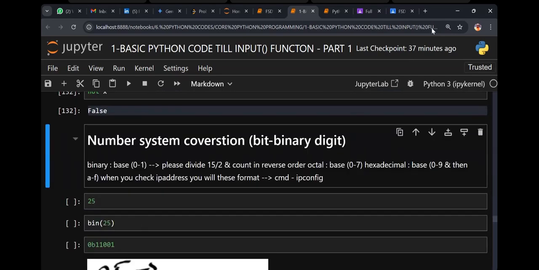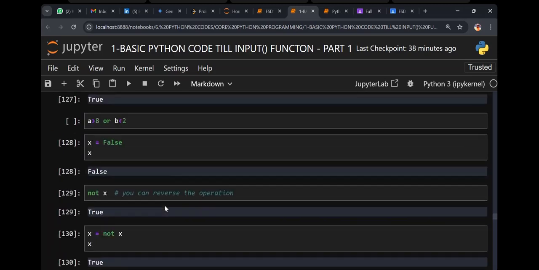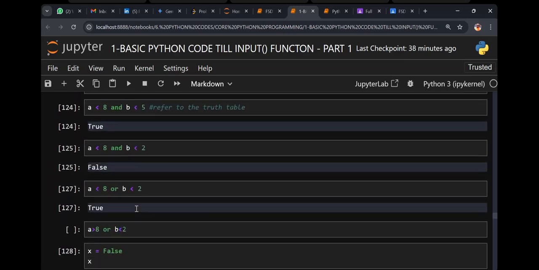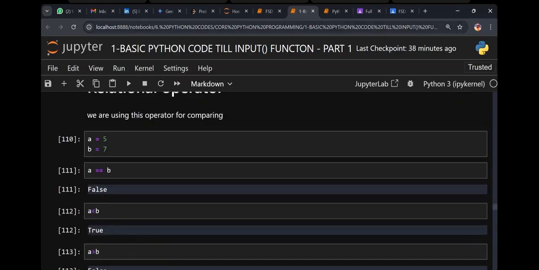Now, number systems, guys, very powerful. And what is unary, guys? It will give you only one operand, right? Still simple. Just go ahead and try this now.